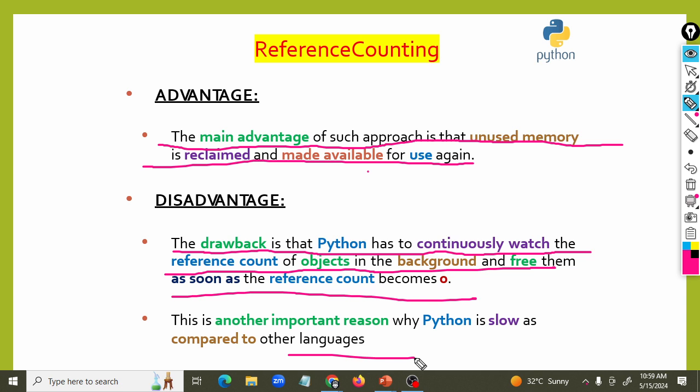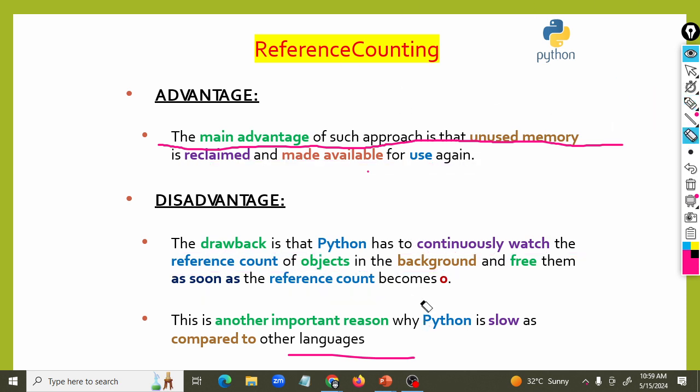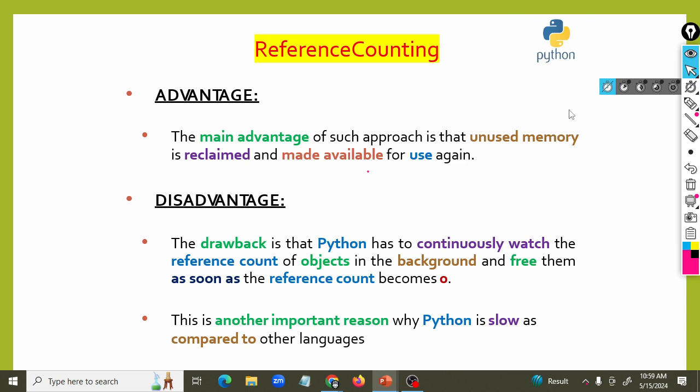Okay, why? Because I am talking about compile time only. Every time it has to check the reference count and free memory, so it is somewhat slow compared to other languages. Only compile time I am saying is slow, not others. I am not talking about performance and all these things, only compile time. Okay, next,